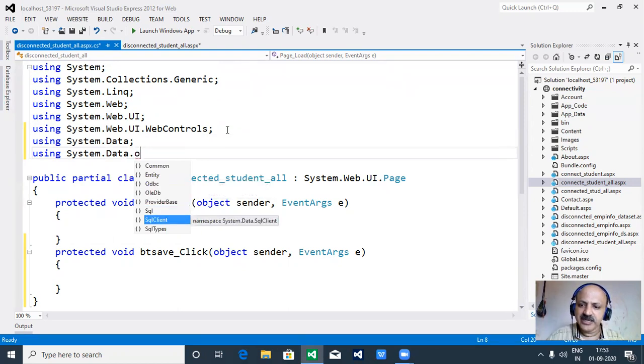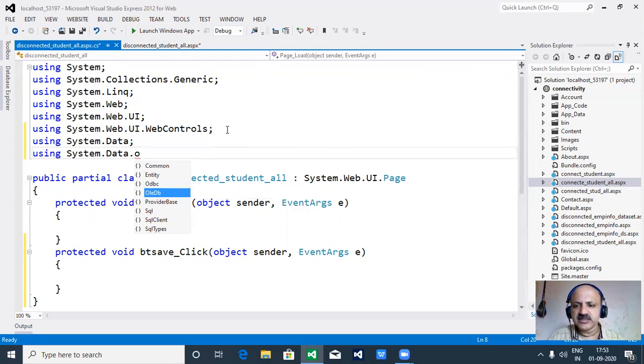In my previous video, I did insert and display with the SQL client, SQL Server database. So if you also watch that video lecture. And here we can use OLEDB because we use Access, that is universal. You can also connect to any MySQL or Oracle or SQL Server also, and here we use an Access database table.